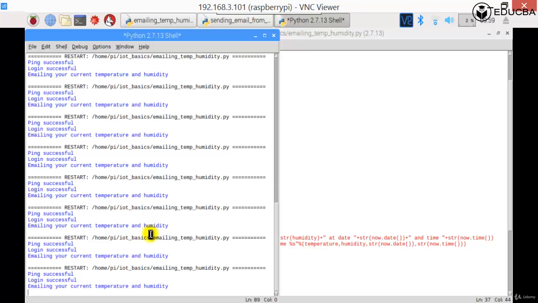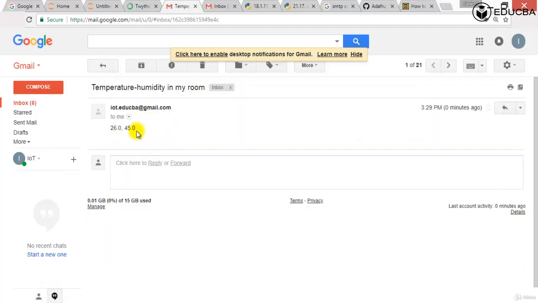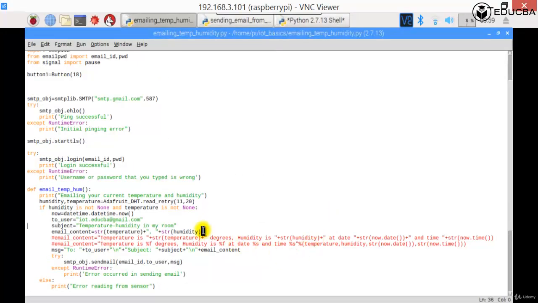Emailing your current temperature and humidity. That's true. So there we are. Oh, so you have 26 and 45. So I guess the problem comes when you have to send the date time, right? So what we can do is we can use the strftime function. There is something called now.strftime, string format time, and in that I can just say